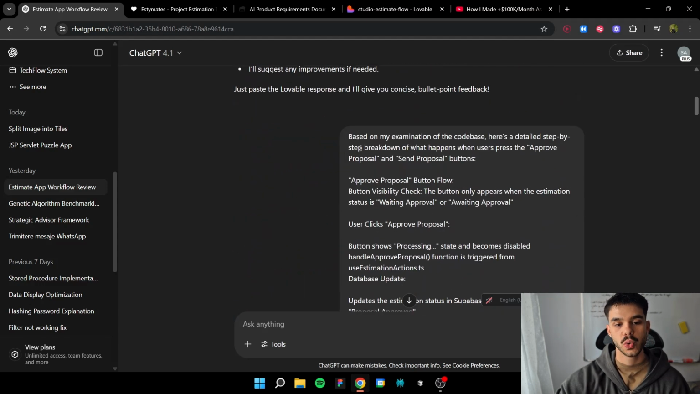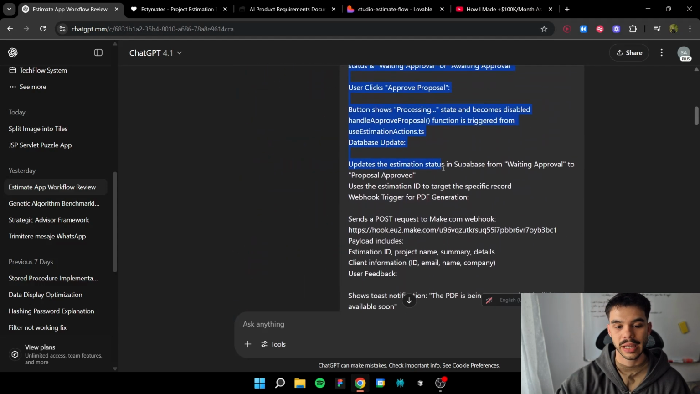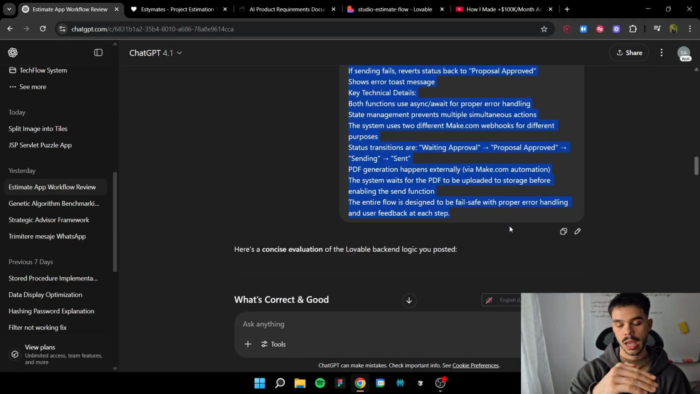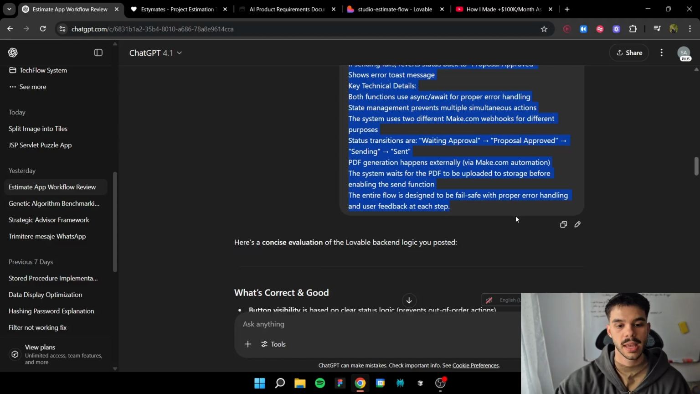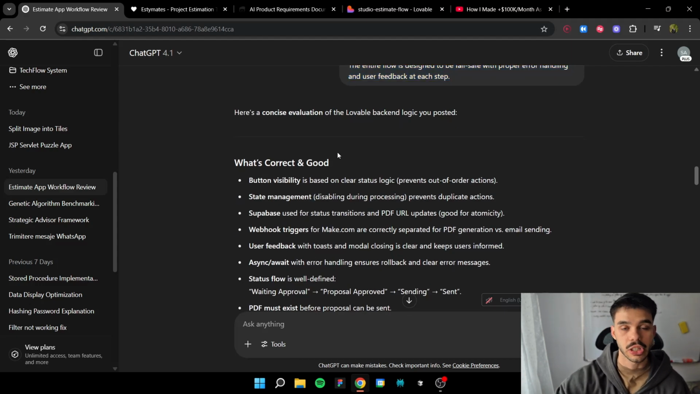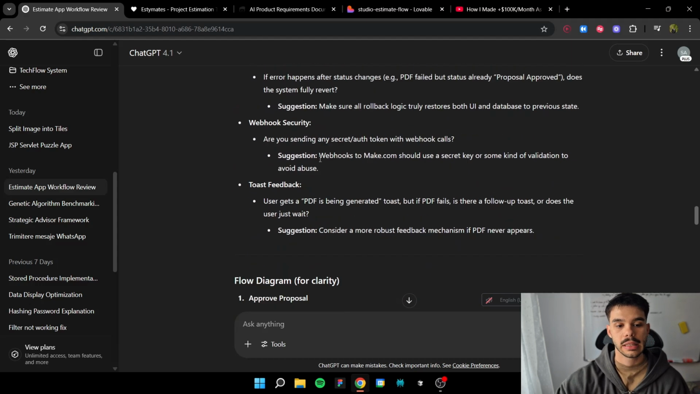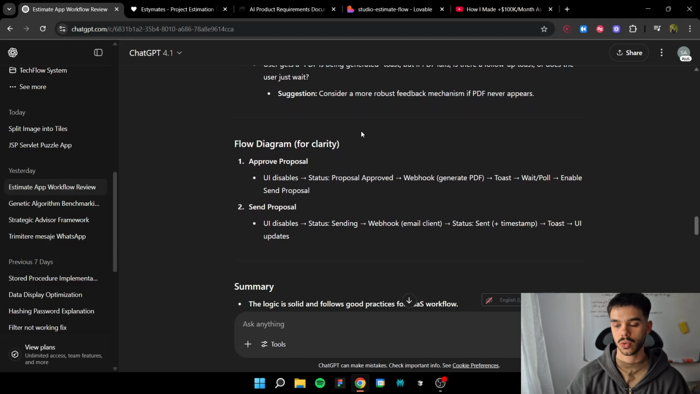Then you are going to input whatever Lovable gave you when you asked it, okay, explain to me how this works from A to Z, so that ChatGPT can understand a bit of the context of that work. And then it's going to tell you if that looks good, if there is something wrong with it, or areas of improvement. And you can also ask ChatGPT to give you further clarification, which is very good because